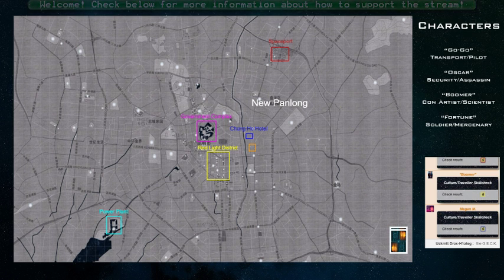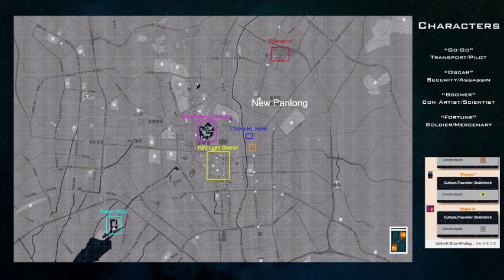Oscar does need that assault suit, and I think Gogo still needs a rocket launcher. Because even though this group is really militaristic, none of them had a rocket launcher. That is true. No one will go for that. We can't afford that. Okay, so